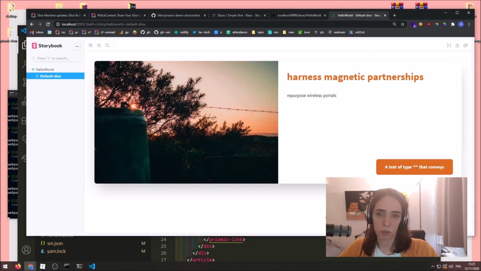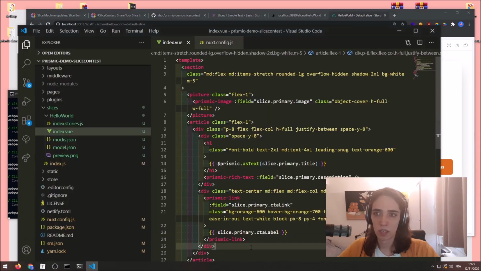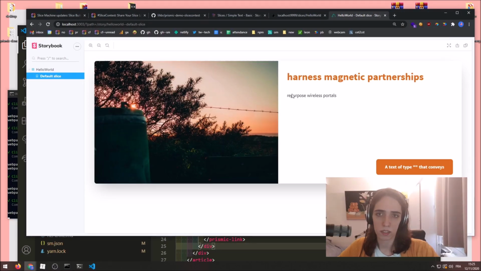There's still one thing that we need to address here: as you can see, we added a rich text. We have a rich text field for repurposed wireless portals, and this is just showing 3 words, which is not convenient because we perhaps want to showcase more in our rich text field. This is because our mock